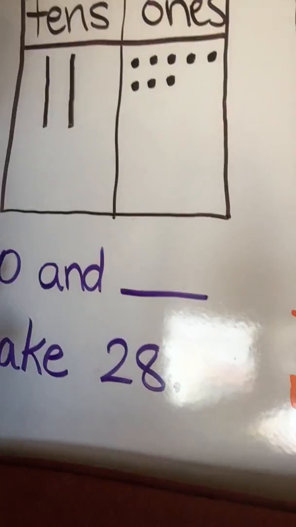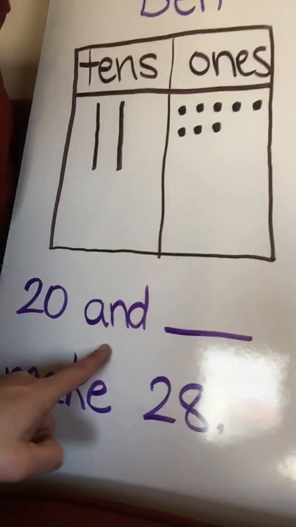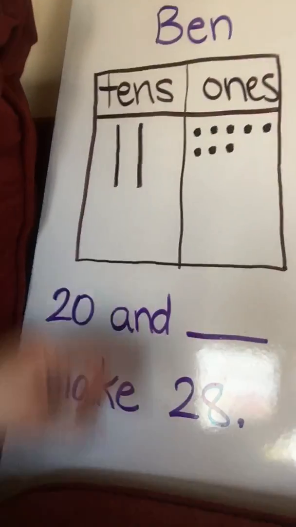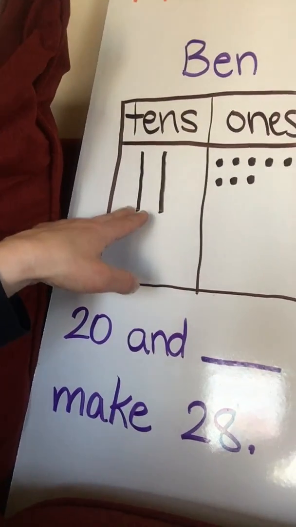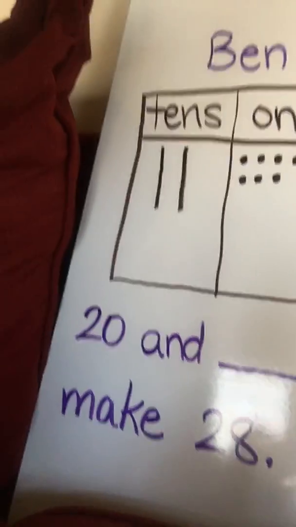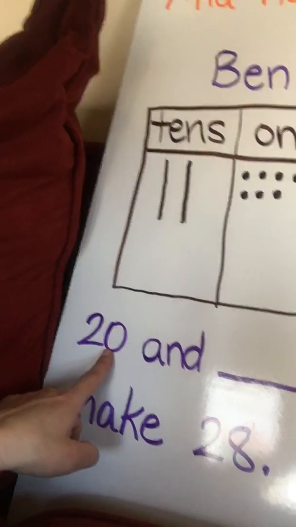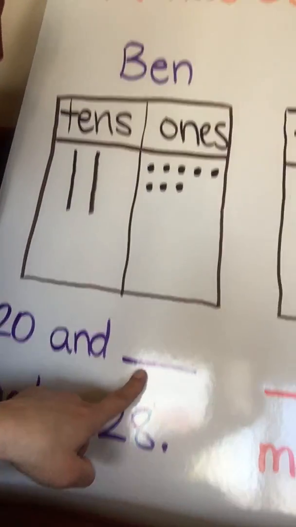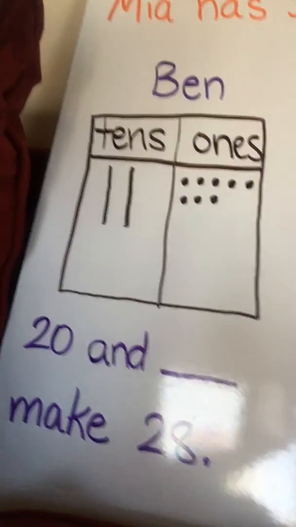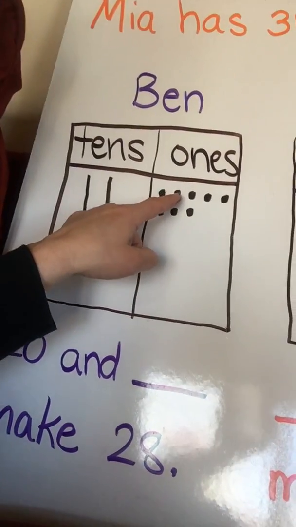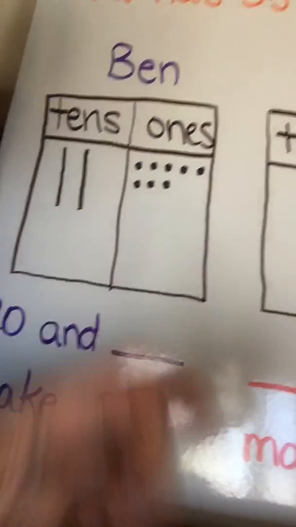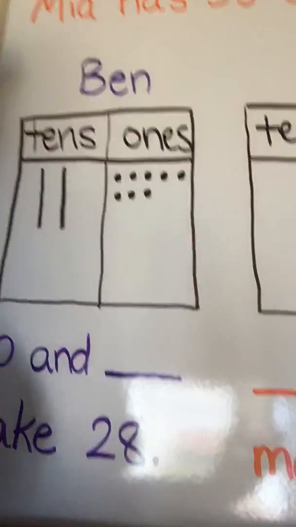Now the question at the bottom says 20 and blank make 28. So let's take a look back at our chart. 10, 20. We have 2 tens. The value is 20. So that's taken care of for us. Now we need to know how many ones there are that go with 20 to make 28. So let's take a look. 1, 2, 3, 4, 5, 6, 7, 8. So that will be 20 and